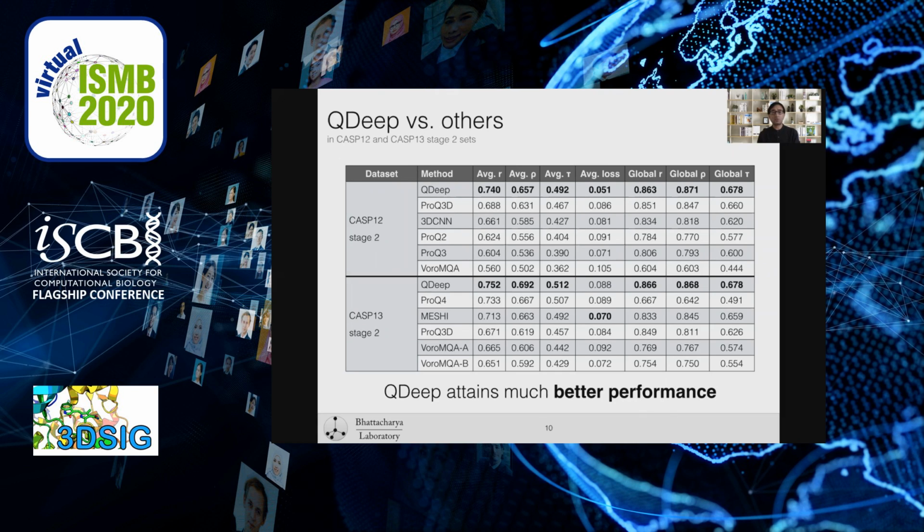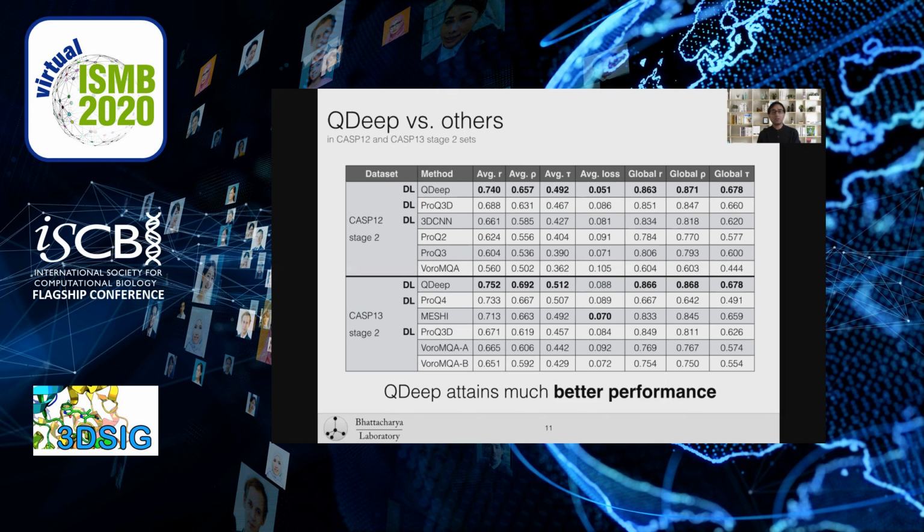The results demonstrate that QDeep consistently performs much better than other state-of-the-art approaches. For example, in CASP12, the average Pearson correlation of QDeep is 0.74, which is much better than the second best method, ProQ3D, which has a Pearson correlation of 0.68.